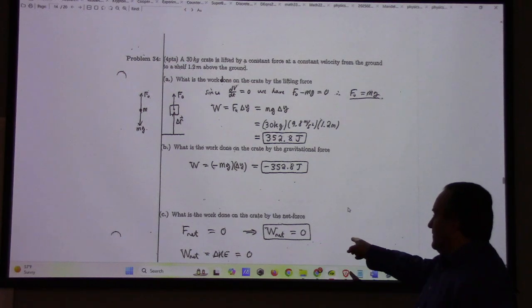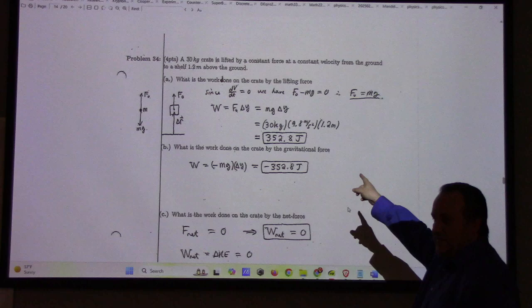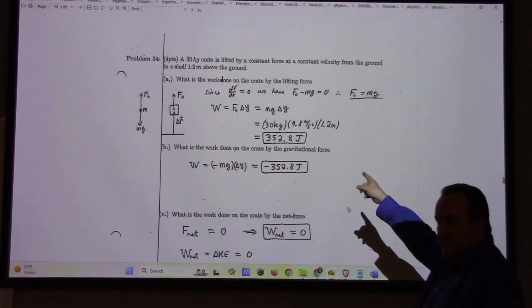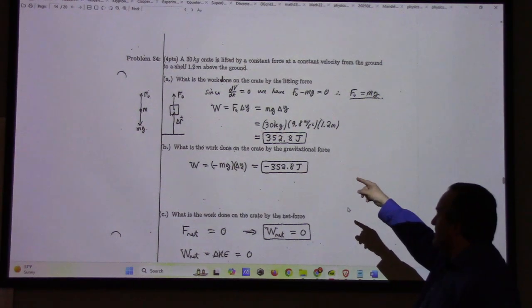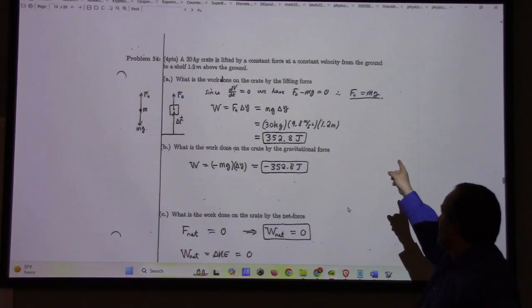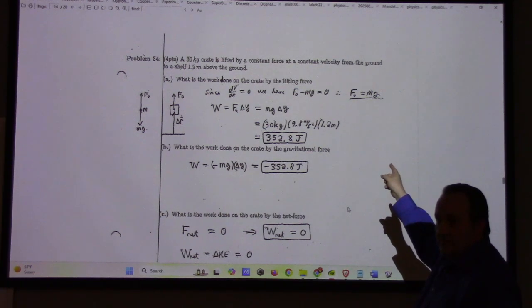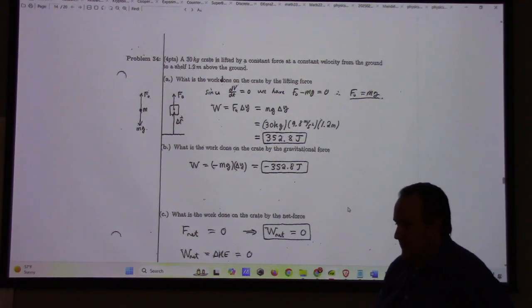How do I know that the net work is 0? That's because I was given constant velocity, right? If it wasn't constant velocity, then I wouldn't have known that the lifting force was mg, right? What if it wasn't at constant velocity? What if I lift the box such that, at the top of the